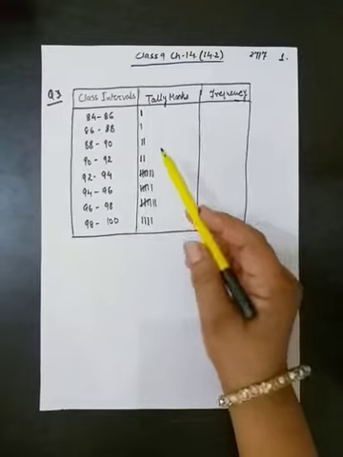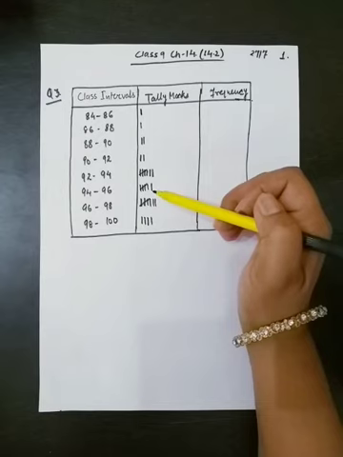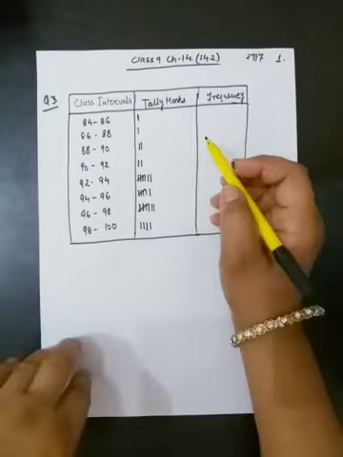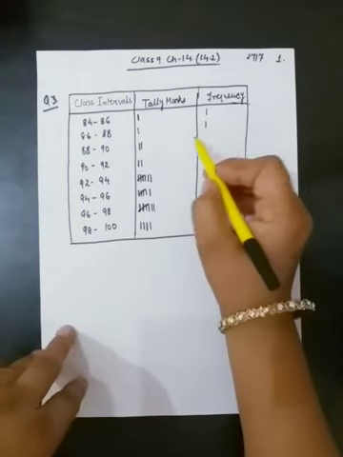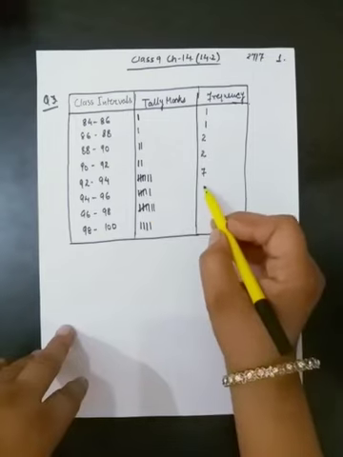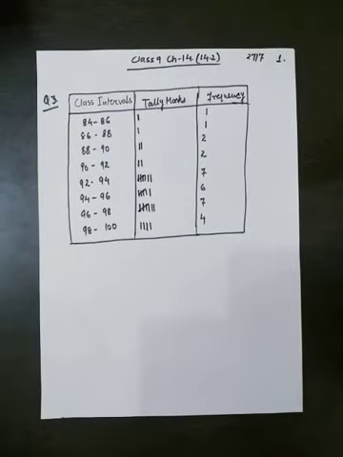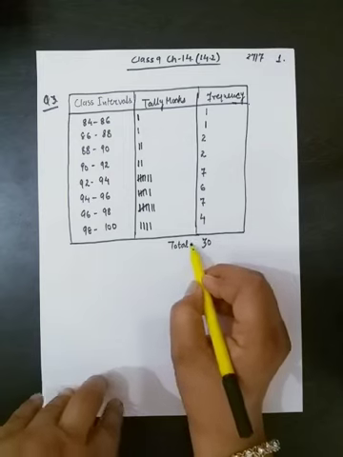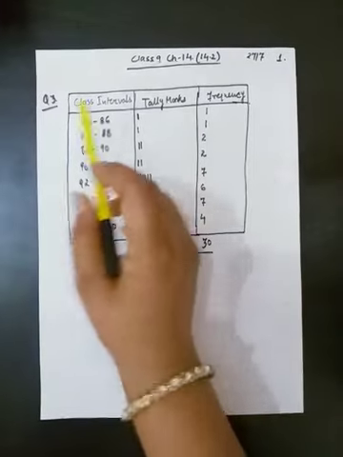Like this, our tally marks table is completed and you can count your tally marks. They should total 30 because 30 days का data हमें given है. Now we can write the frequency. Frequency for the first interval is 1. For the next it is also 1. Then 2, 2, 5, and 2, 7, 5 and 1, 6, 5 and 2, 7 and 4. And the total is 30. So this is our frequency distribution table for the given data.